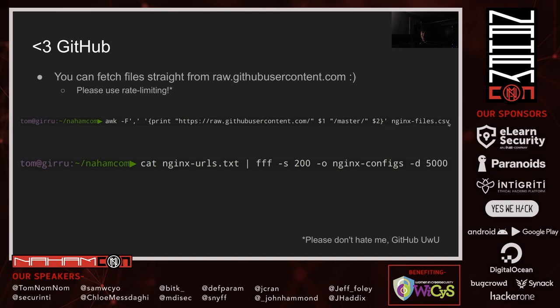And then I use the nginx files.csv as the input. So that will give me a list of URLs that I can fetch that will contain all of those nginx config files. So I'll save them in nginx-urls.txt, mostly because the line length's getting a little bit long, and then I can use FFF to go and fetch them using the -d or delay flag to apply some rate limiting.